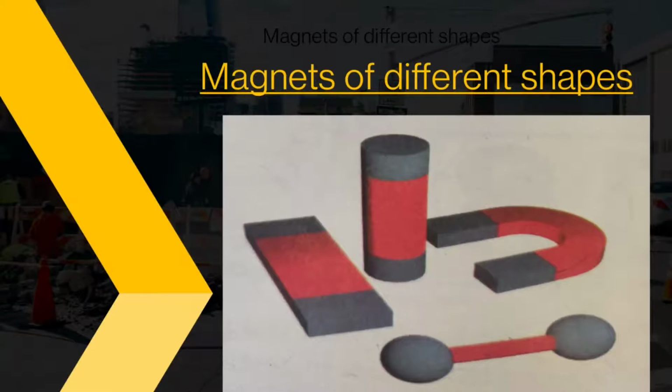So nowadays you know that artificial magnets are prepared in different shapes, because it is artificial only, no? Some very well-known shapes are the bar magnet, cylindrical magnet, horseshoe magnet, and ball-ended magnet. So these are some shapes of artificial magnets. With a magnet you can do many activities also.